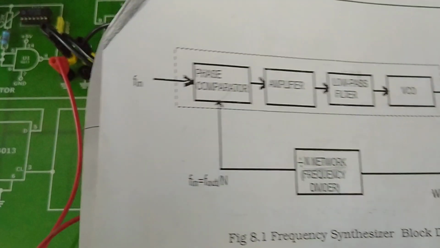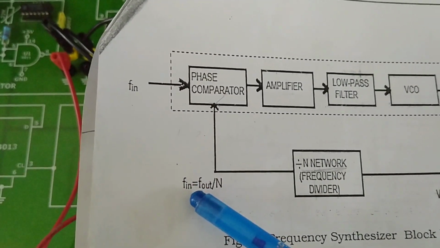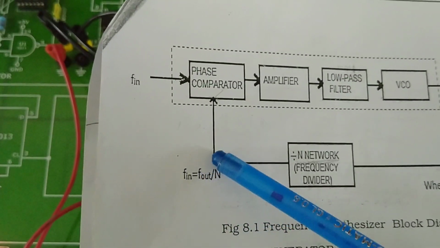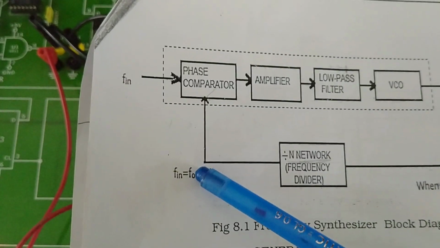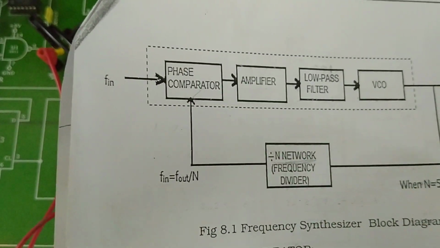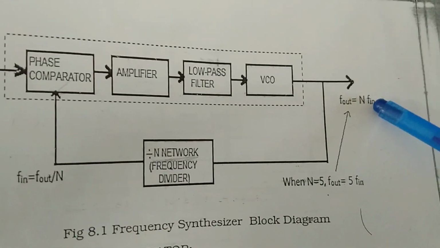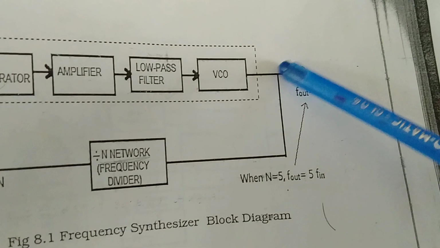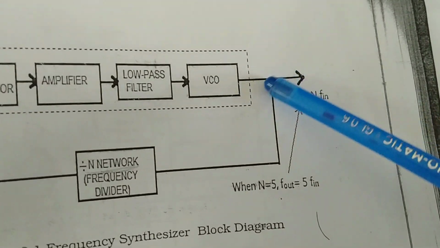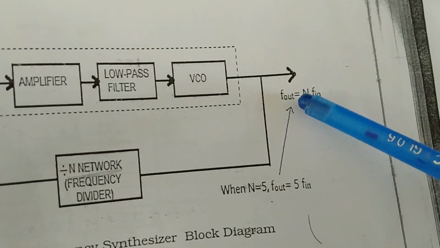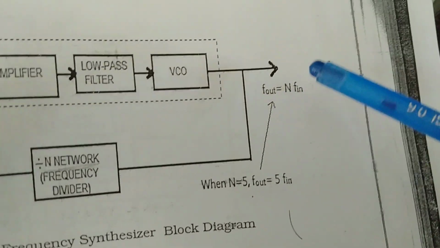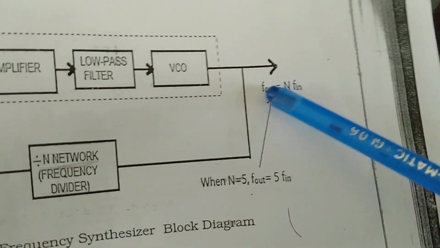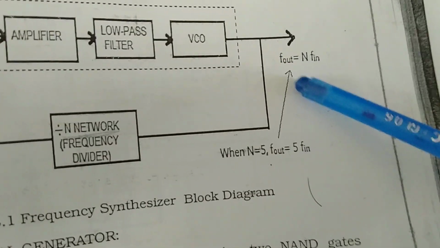If you look at the relation, as the input you provide a square waveform, and the output frequency is the input frequency multiplied by n. That is, the output is n times the input frequency. This is what we are going to develop at the end of the experiment, the outcome of the experiment. Depending upon the frequency you require, you use the reference frequency Fin and develop the required frequency F0.